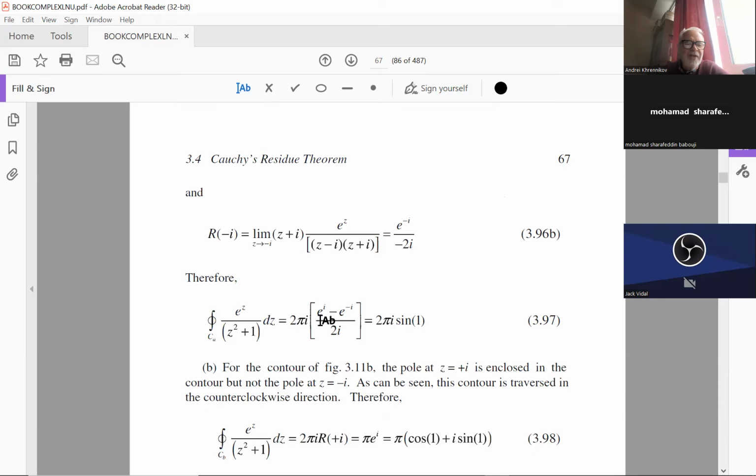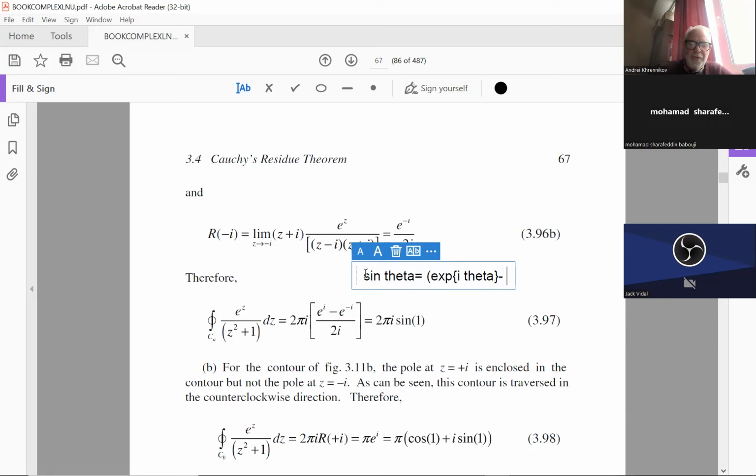And look what we have here: e to the i minus e to the minus i, divided by 2i. We can recall from the beginning of the lecture that we proved that it is sine of 1. Because what is sine theta? Sine theta is equal to exponent i theta minus